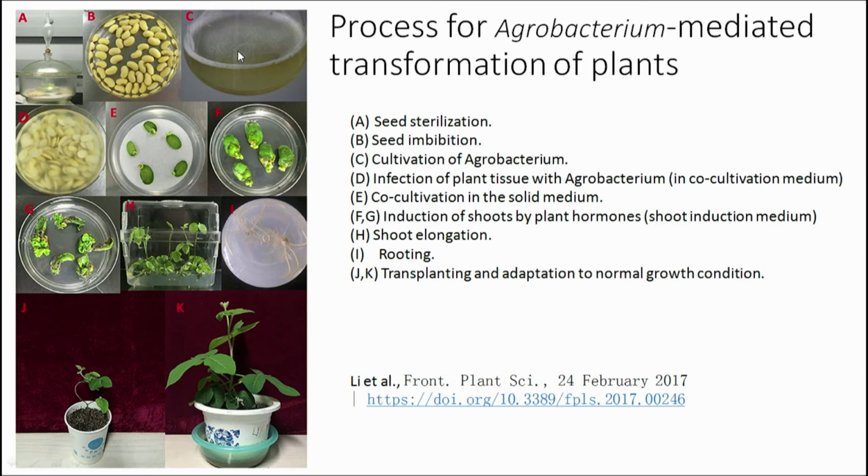So, the bacteria which contains this plasmid, which is the Ti plasmid containing all the requisite expression cassettes, is going to be cultivated in a medium separately. Okay. So, the rice grain is kept separately here, and the bacteria which contains the plasmid is also cultivated separately in a vessel here. Okay. In the next stage D, what you see, there is infection of the plant tissue with Agrobacterium. So, now the seeds here as well as the bacteria are brought together and then they are cultivated for a certain period of time, so that now the Agrobacterium is able to infect these seeds.